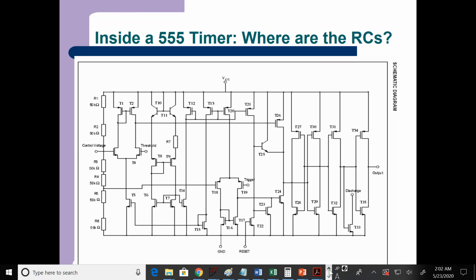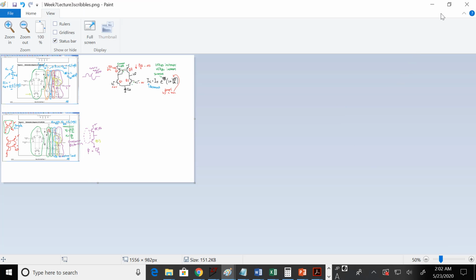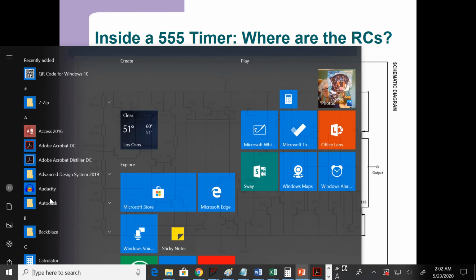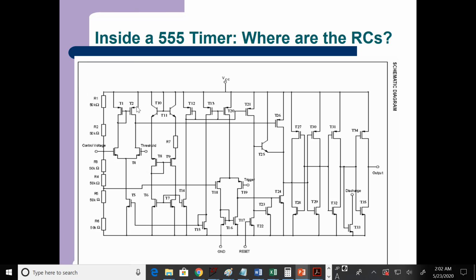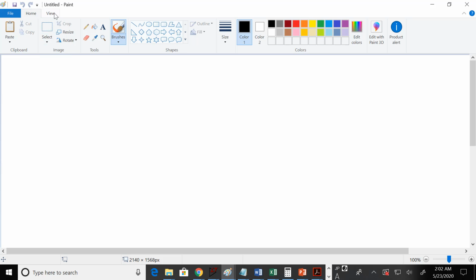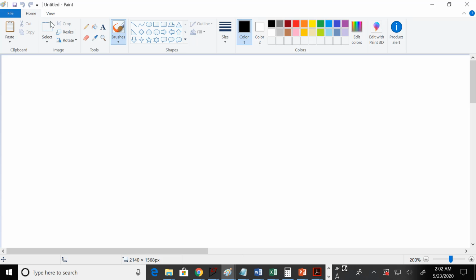Let's see. That's not what I was looking for. Okay, so when you, sorry, I thought I had it pulled up. When you are looking at the